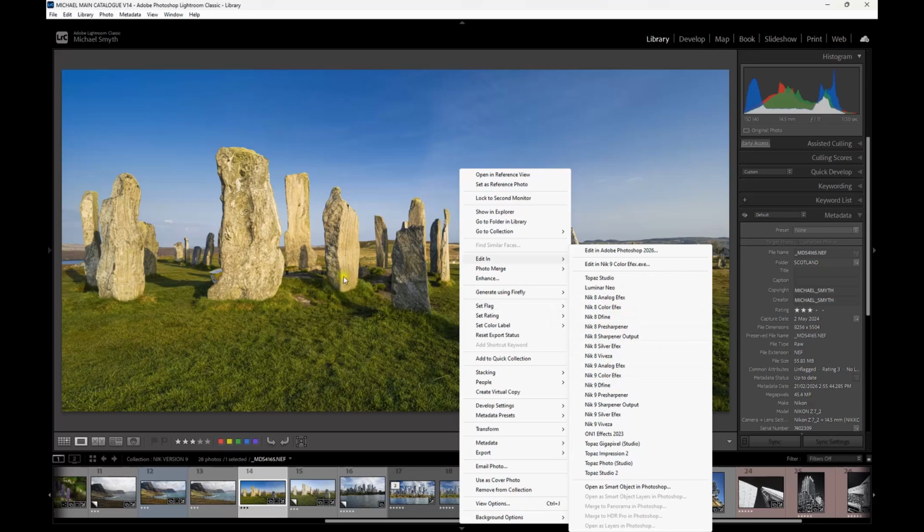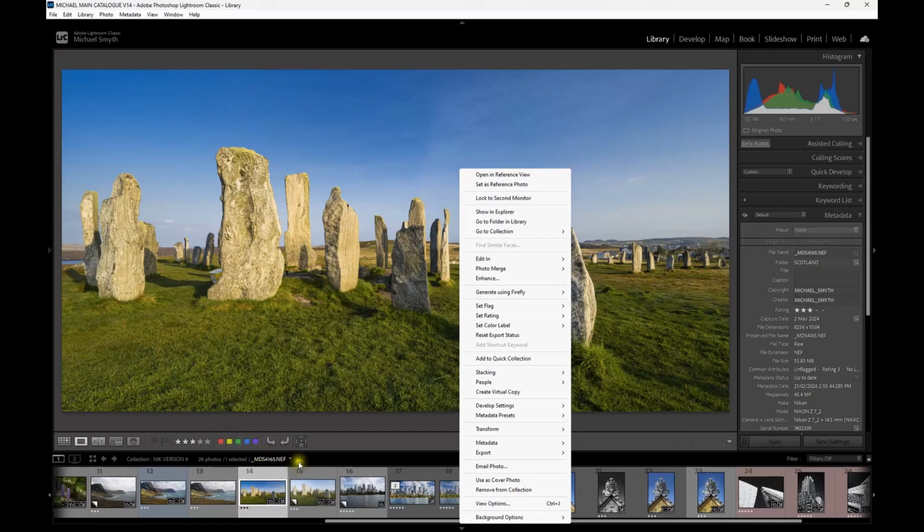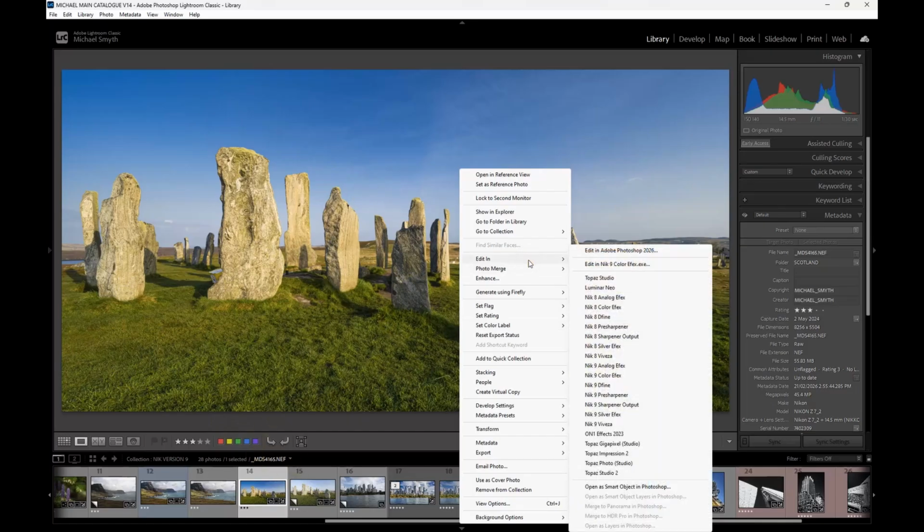And in previous iterations, I've always gone via Photoshop because then I've wanted to use the blending and opacity. But as I mentioned, within this package now, we don't necessarily need to go that way, and we can do it directly from Nik. So if we were going to go directly with a raw file, this is a NEF, Nikon raw file, and we wanted to use Nik, let's say we wanted to use the color effects